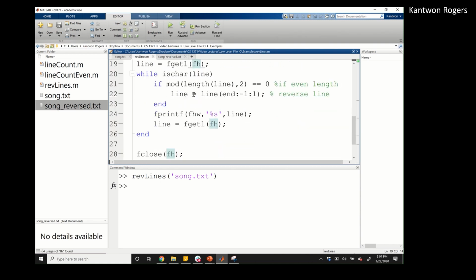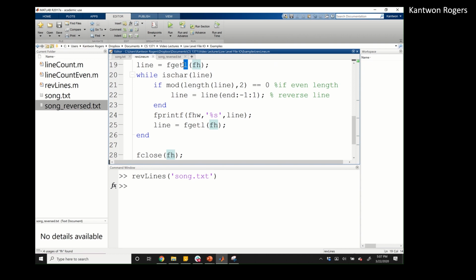So I did this on purpose as a teaching moment. But in this case here, since we're using fgetl, right, we don't have the newline character on there. So when I'm printing to my new file, this line does not have the \n. So therefore, what I want to do is put a \n when I'm printing, because I took it off when I was reading it, okay? And so now, if I were to rerun this,